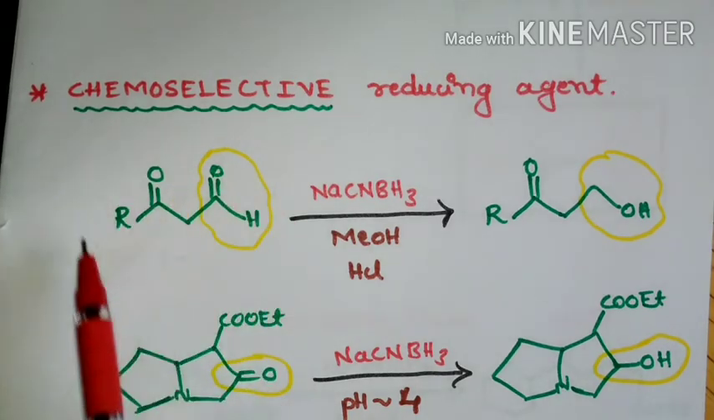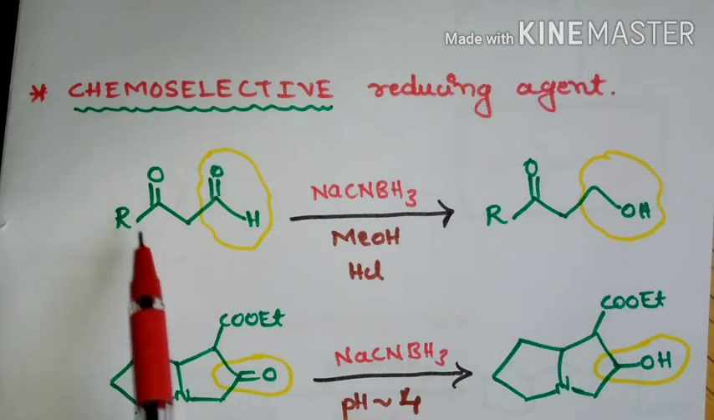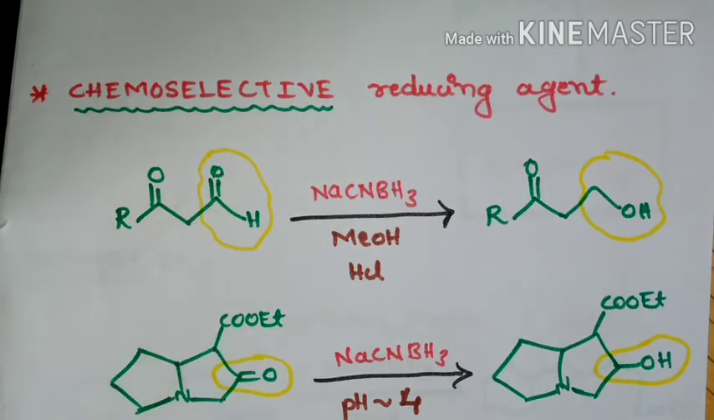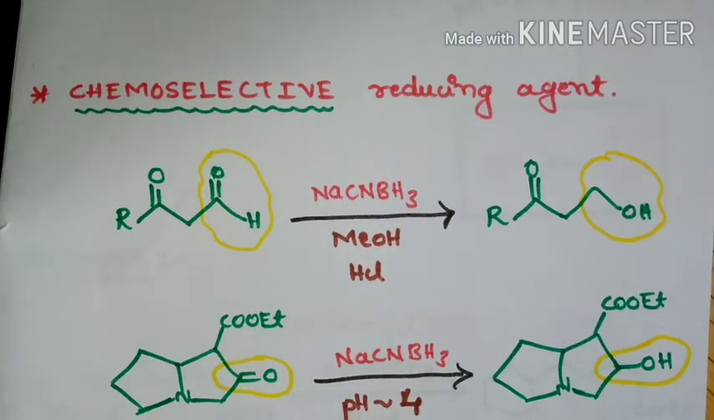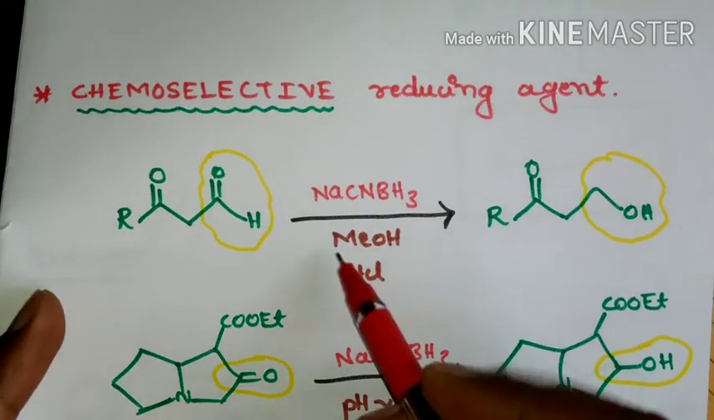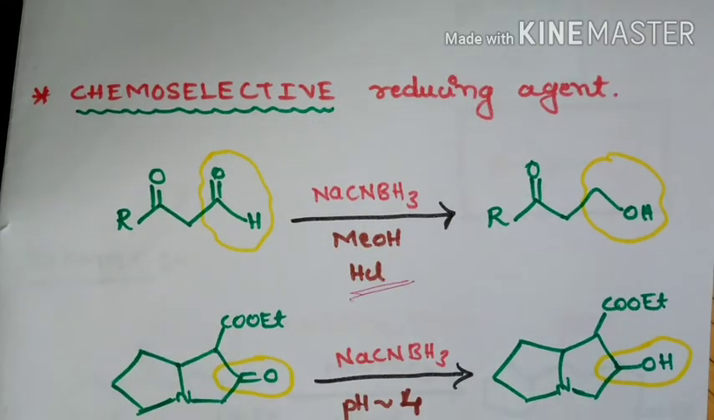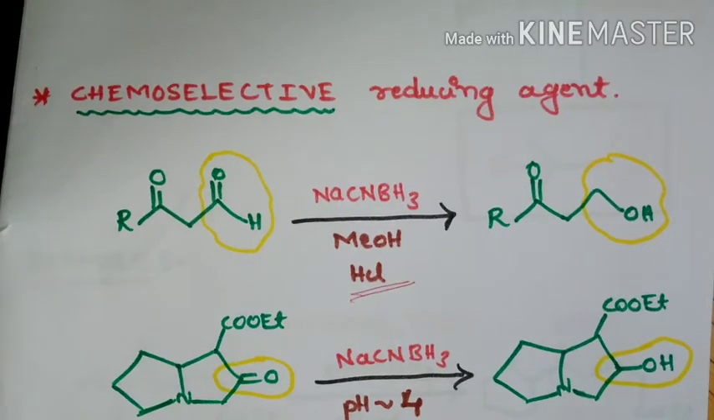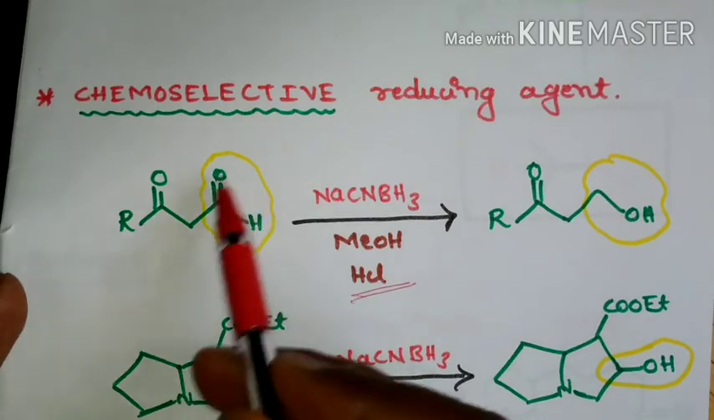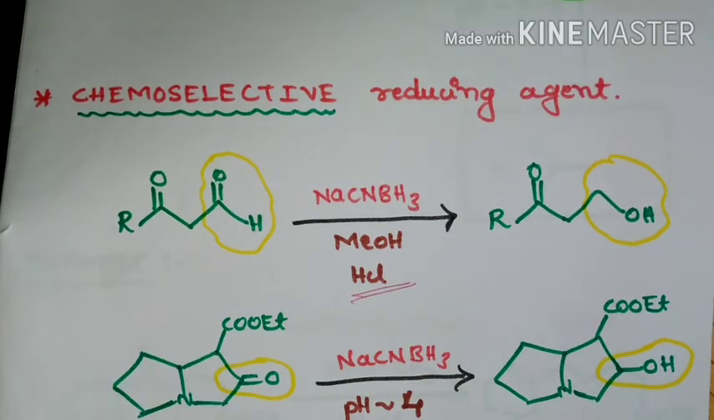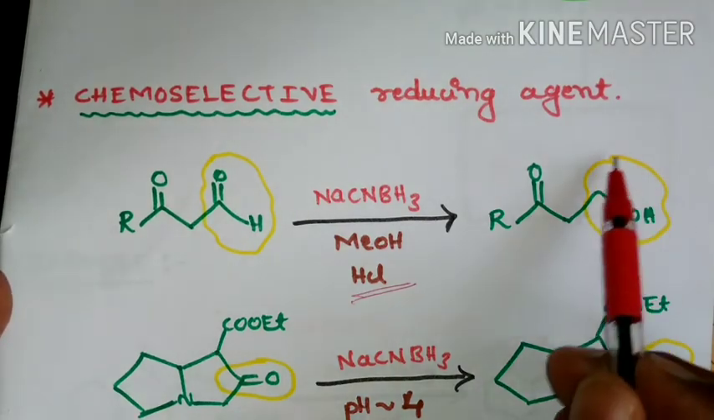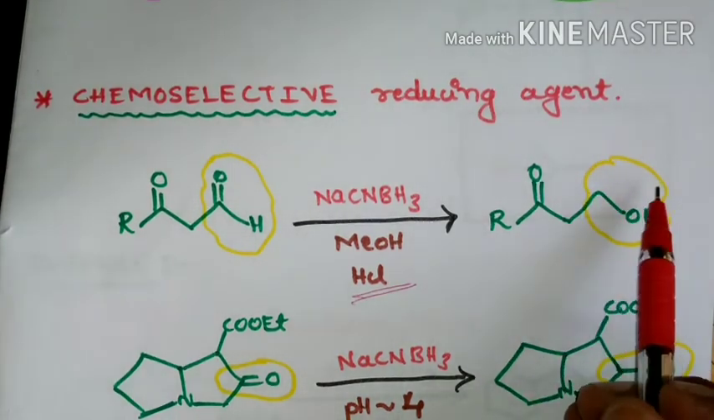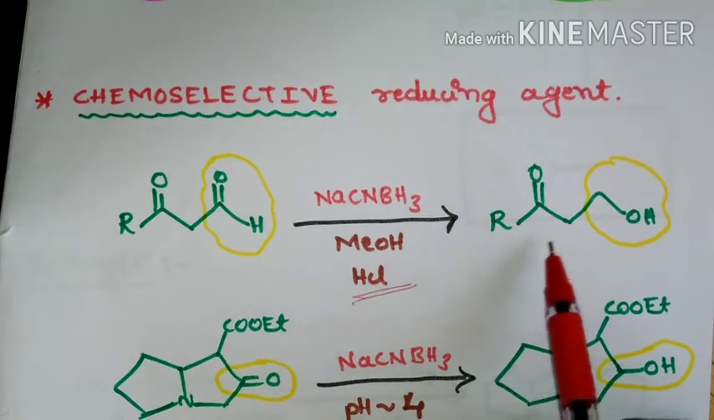here we have an example in which we can see there is a keto group and an aldehyde group. If it is treated with sodium cyanoborohydride in methanol solvent and HCl, that is acidic pH, then sodium cyanoborohydride chemoselectively reduces only the aldehyde in the presence of the ketone. Means here you can see the aldehyde group has been reduced to the corresponding primary alcohol,